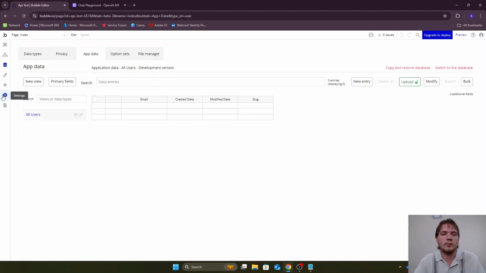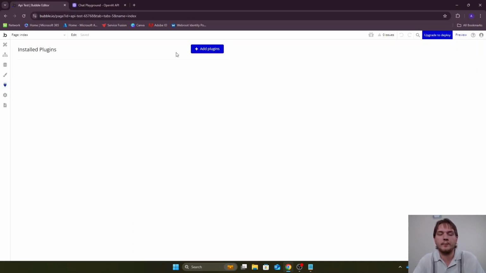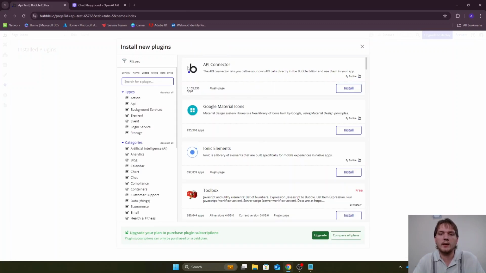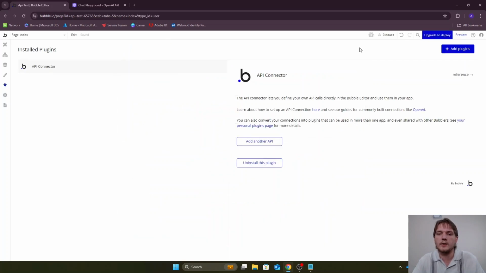But to start, the most important thing is to go to plugins here. So we need to install the API connector. This will be the first one here. It is provided by Bubble. It's completely free, and this is how we will actually make the call to OpenAI. So once you hit install, you can see that this pops up, and from here you can go ahead and